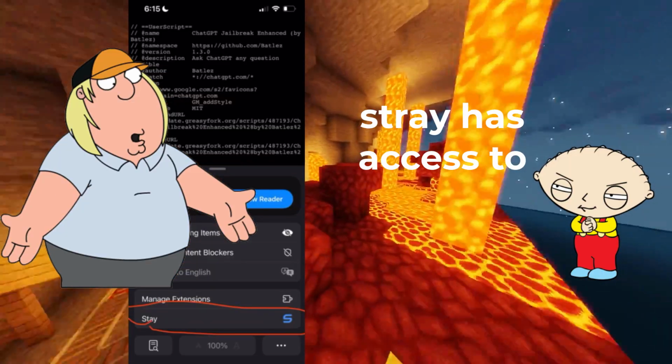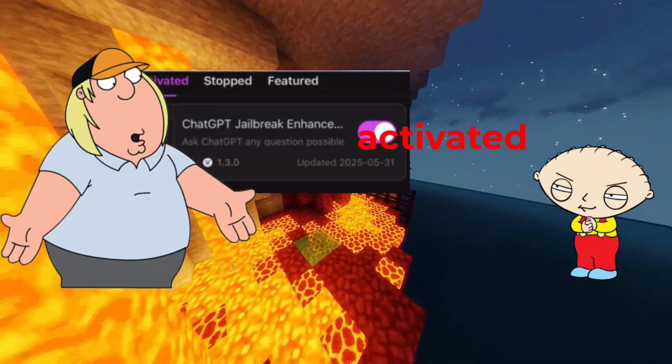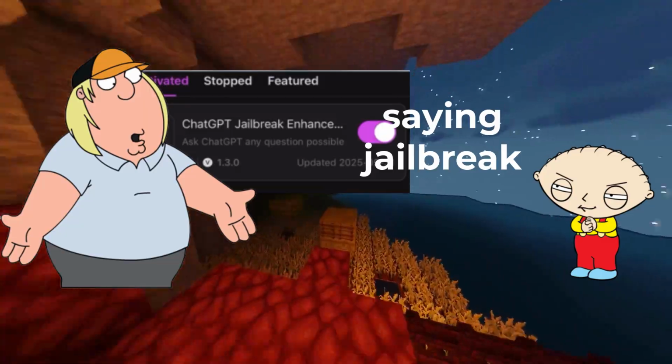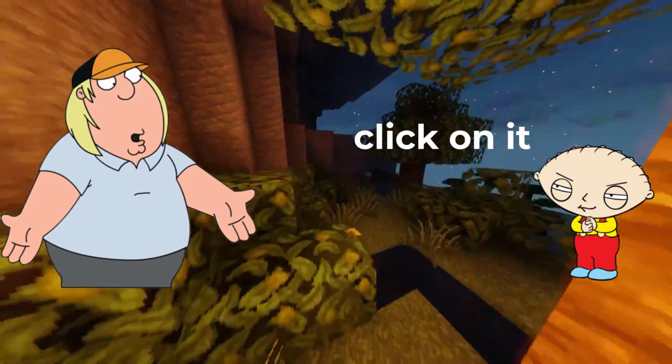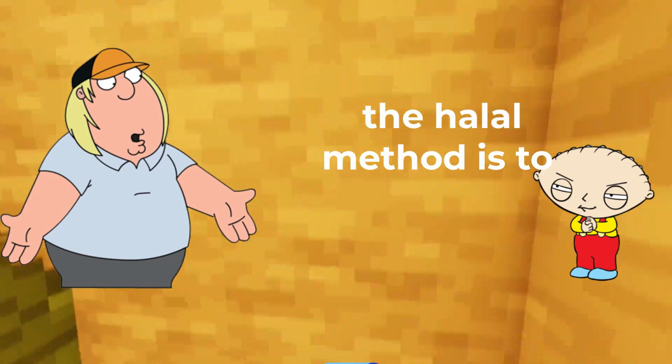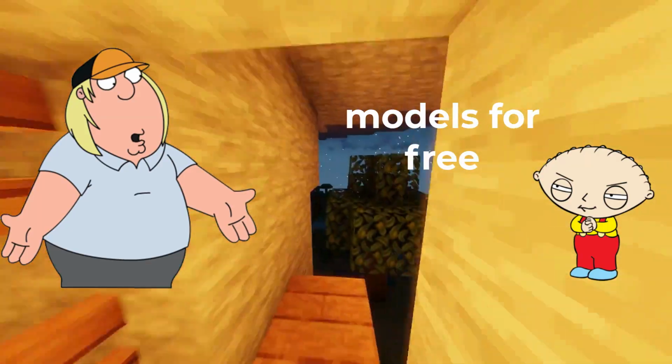And make sure that Stay has access to the web page, and then this should pop up and it should say Activated. You should see a blue button saying Jailbreak or a red ChatGPT logo in the right corner and just click on it. The halal method is to use Copilot from Microsoft,